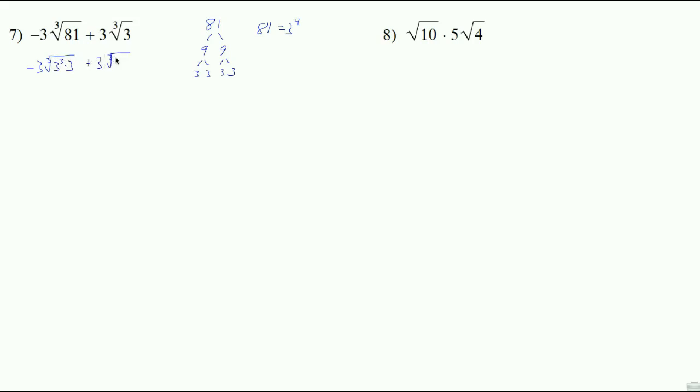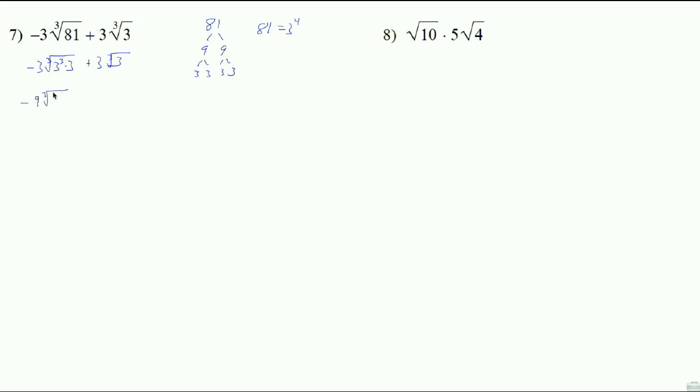plus 3 times the cubed root of 3. And again, I should have mentioned we want to simplify first if possible, and that's what we're doing here. Cubed root of 3 cubed is 3, so that's going to come out and be multiplied by the negative 3. There are a lot of 3s involved in this question. So negative 3 times the 3 that's coming out is going to be negative 9